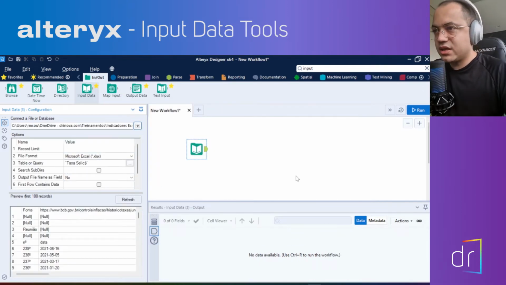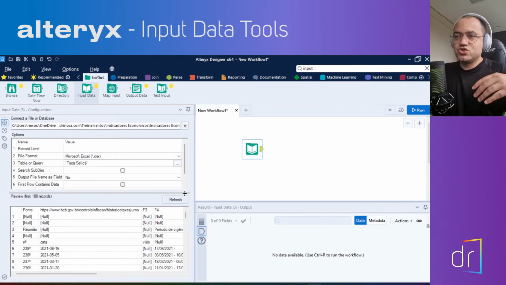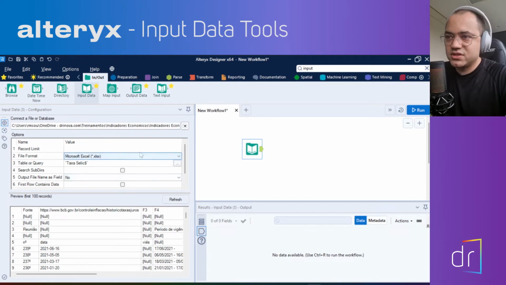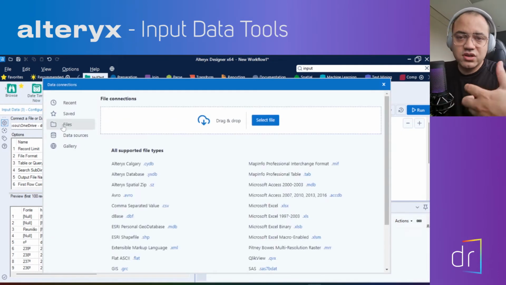Okay, now I click OK. The configurations run like that in the left sections. And here, guys, we can do a lot of things with this Excel. But before that, I can show you other file options that Alteryx